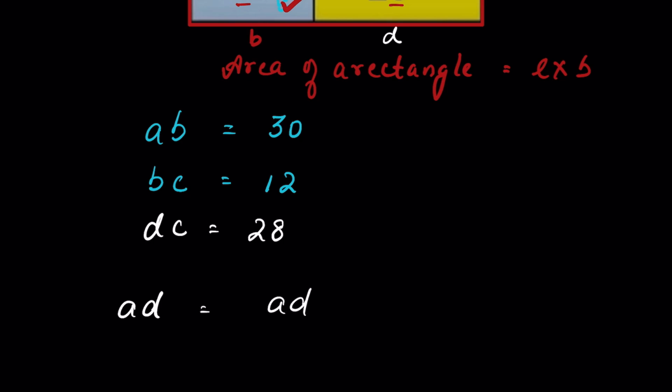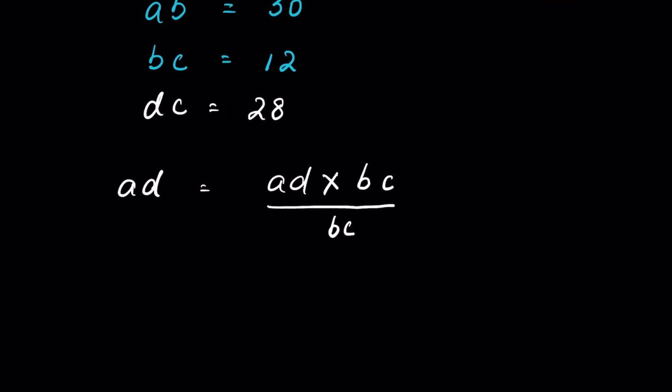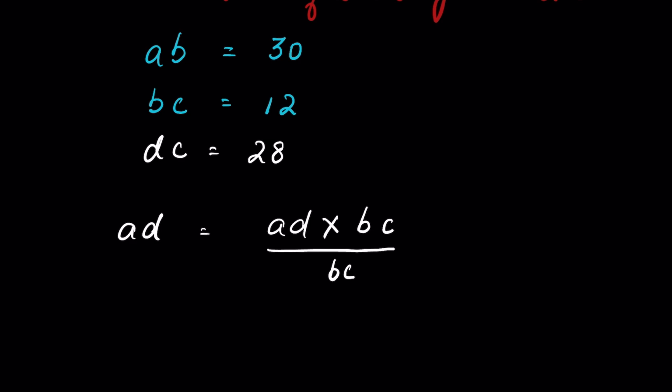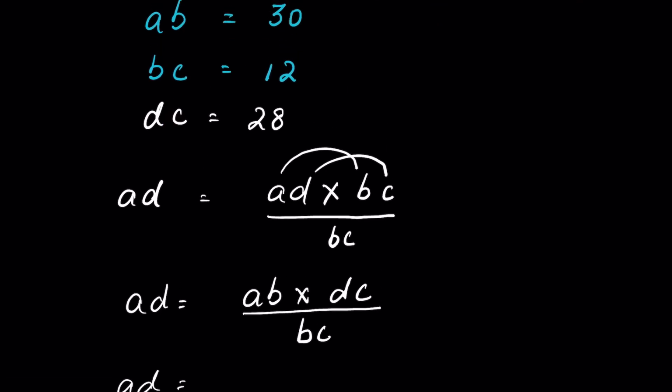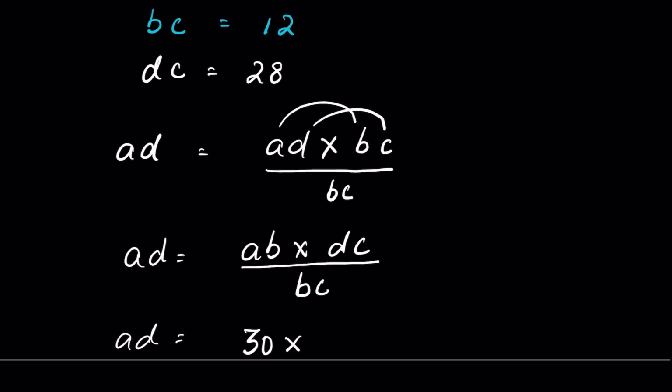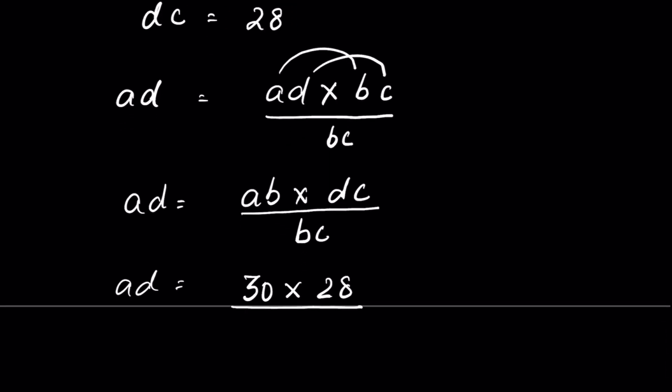If we multiply and divide it by BC, there is no change. BC and BC get cancelled. Now AD times BC, we can also write it as A times B, AB, then times D times C, DC, upon BC. Or AD is equal to AB, given as 30, then times DC, which is 28, and BC here is